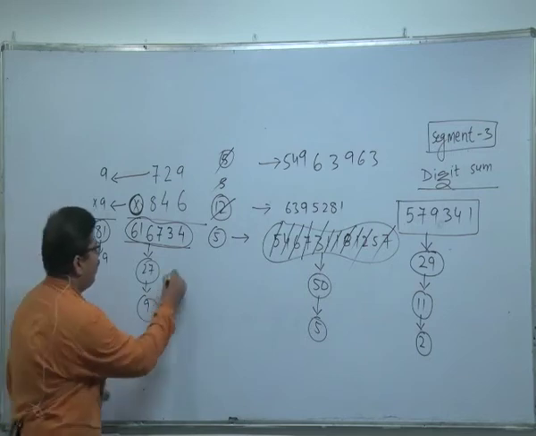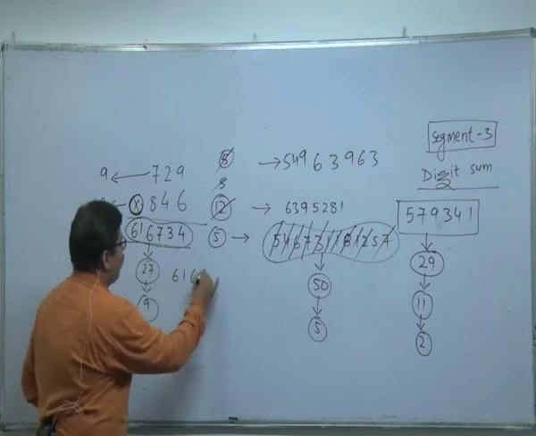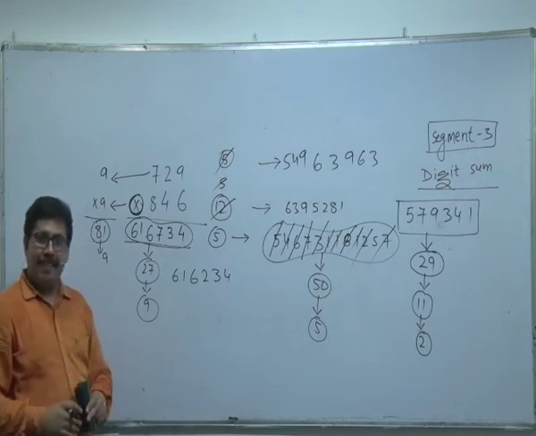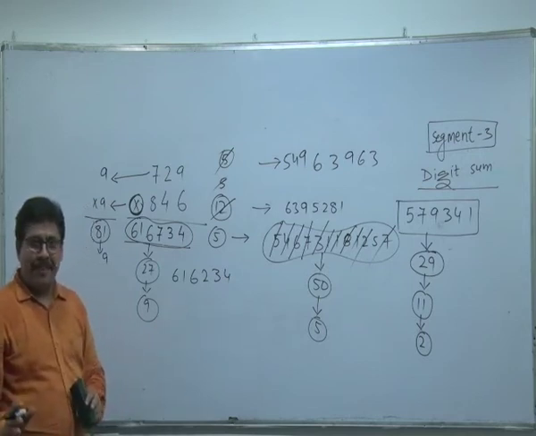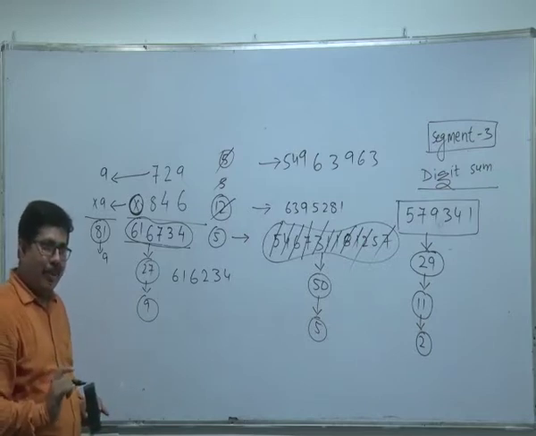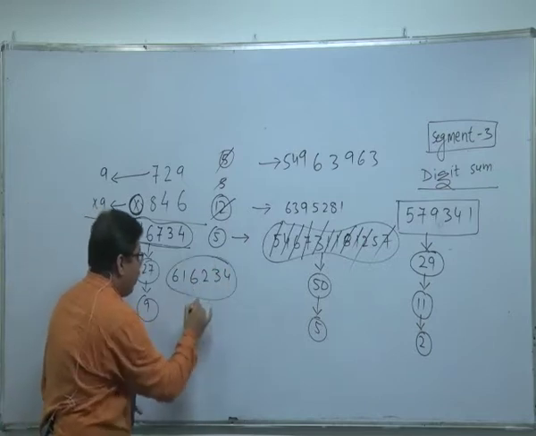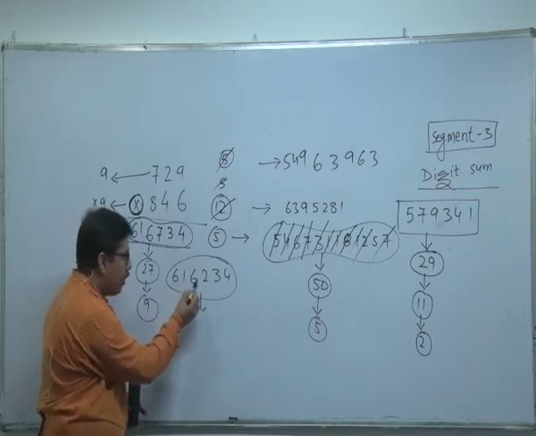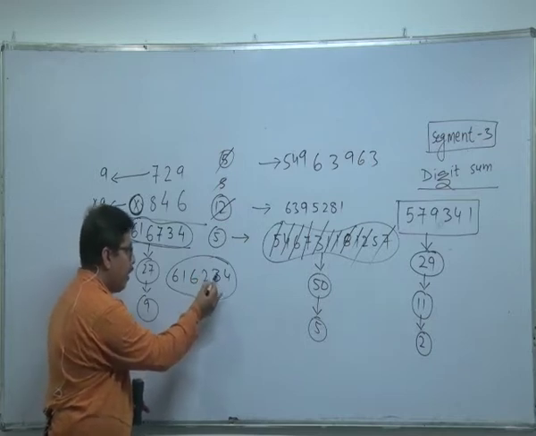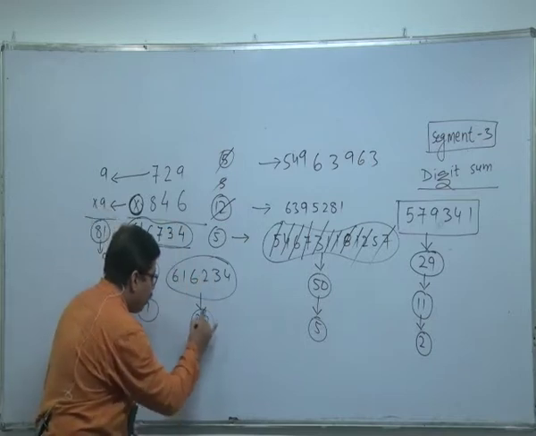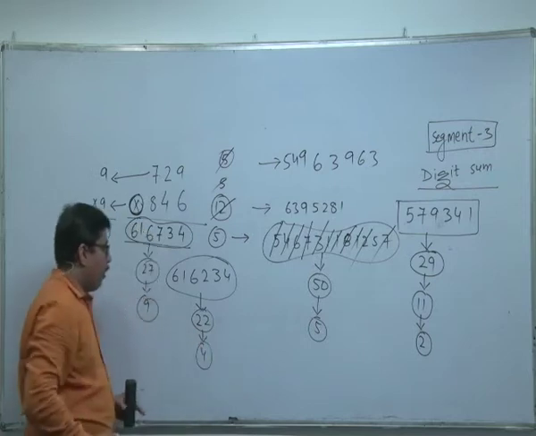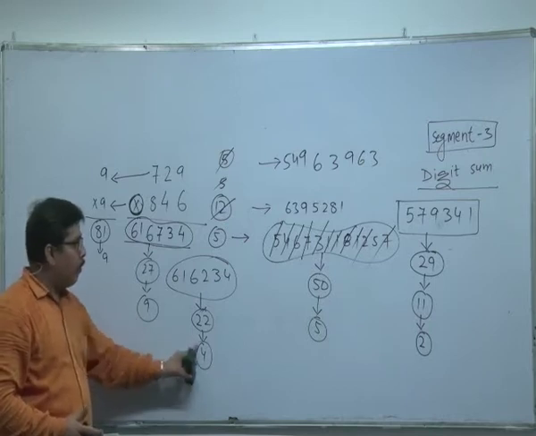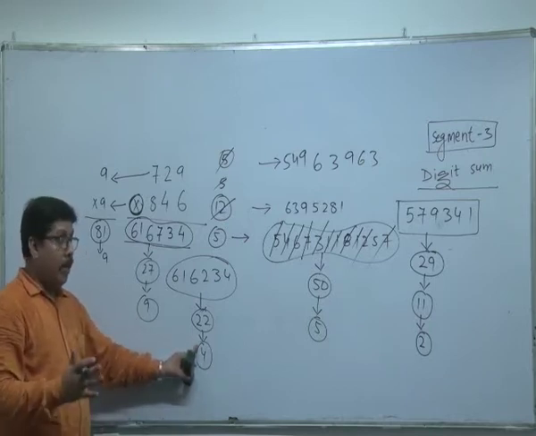Had it been 6, 1, 6, 2, 3, 4, just recall, I made this mistake a little while ago. 6, 1, 6, 2, 3, 4. What is your sum of the digits, or digit sum? 6 plus 1 is 7, plus 6 is 13, 15, 18, 4, 22. But 4 cannot be our answer, right? Our answer should be 9. Had it been 4, then we would be required to cross-check our answer.